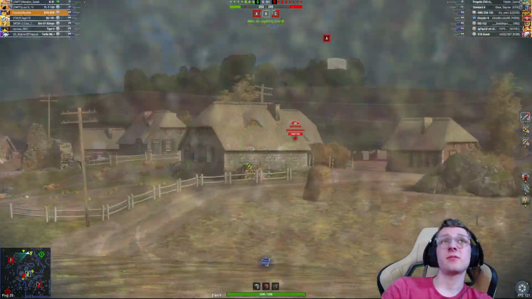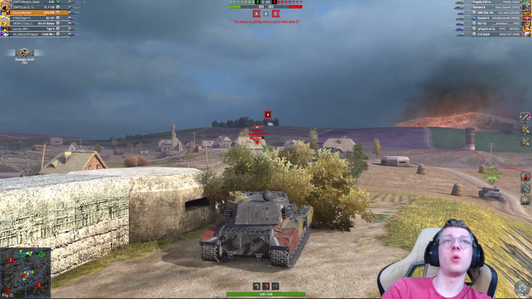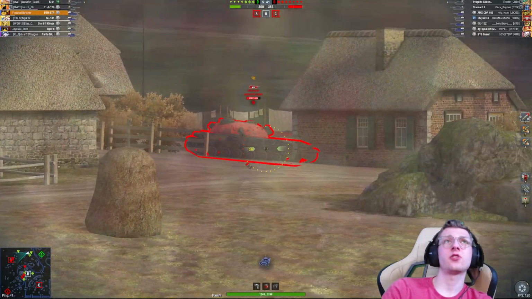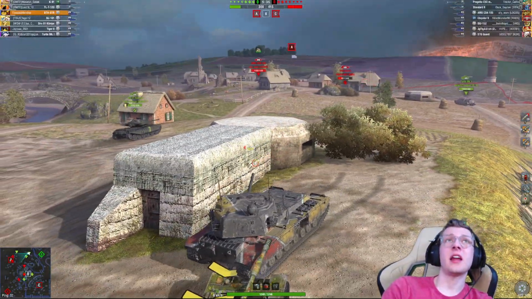I don't even know what they have. They have a... Oh, there you go. An STG. We got one shell into his tank. Not able to get any more. Oh, we got a CDA as well. There's another shell at the STG. There you go. We penned two. That's still 600. But I see an absolute...